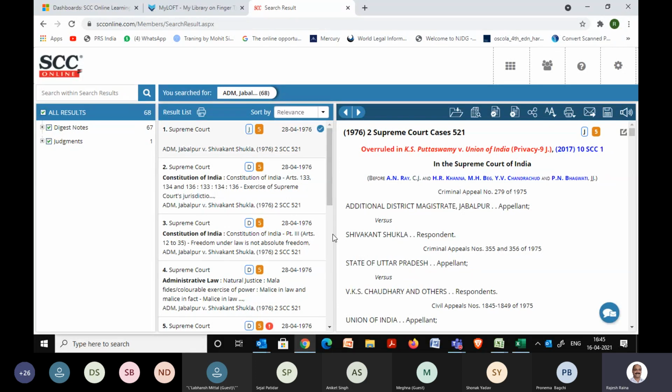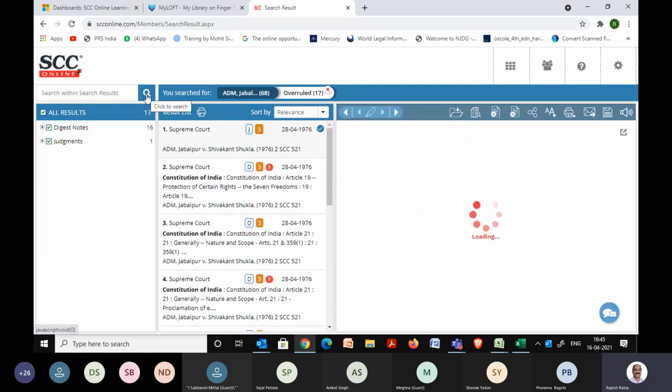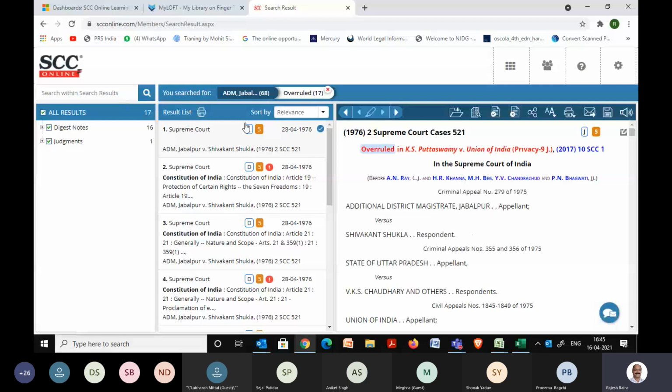Now, in between, let me just explain that in the Supreme Court, the judgments are never overruled in their entirety. Only a specific law point in that judgment is overruled, or maybe a number of law points. So we need to know those. So what is the way out? You go to the search within search section and key in overruled, whether you are searching by party name, by citation, or any other mode and method. If you want to know which law point has been overruled, you should follow these same steps over here.